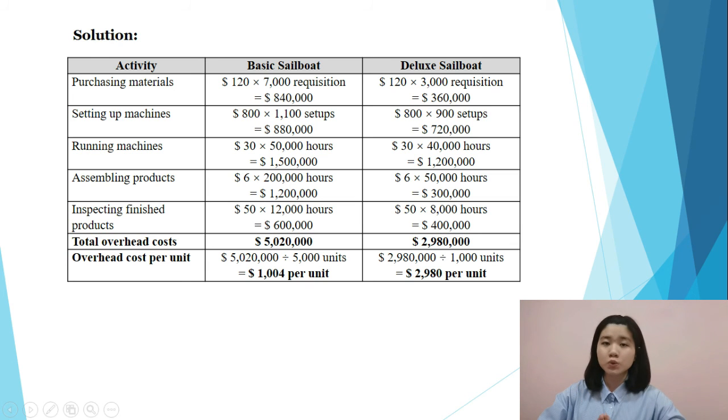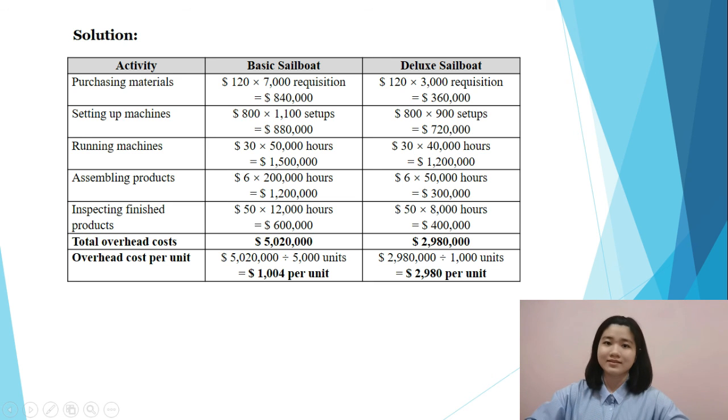The slide shows how to compute the overhead cost per unit for each. For the basic sailboat, the overhead cost per unit is $1,004. However, for the deluxe sailboat, the overhead cost per unit is